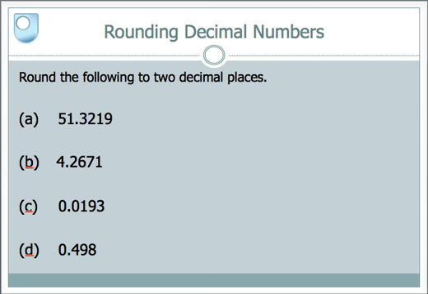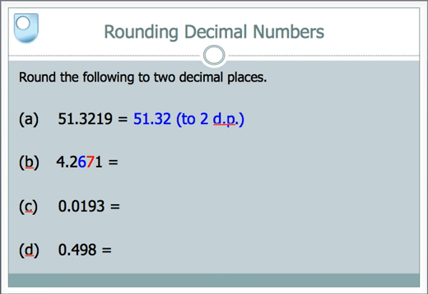51.3219 to 2 decimal places. So we look at the decimal place number 2, and then we look at the third one, then the one after we're interested in is the 1. We make a decision, is it greater than 5 or not? It's not, so we'll round down. So my answer is 51.32, and again we show it to 2 decimal places. My second example,